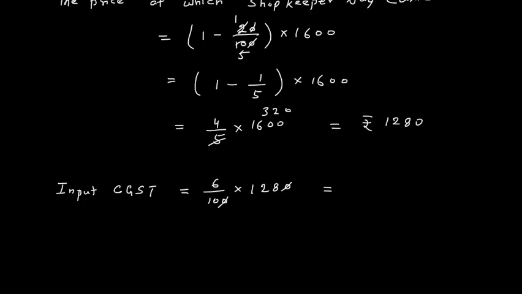6 8s are 48, so 4 remaining. 6 2s are 12, 12 plus 4, 16, 1. 6 1s are 6 plus 1, 7. It is 768 divided by 10. 768 divided by 10 is 76.8. 76.8 is input GST. And if you see output GST,